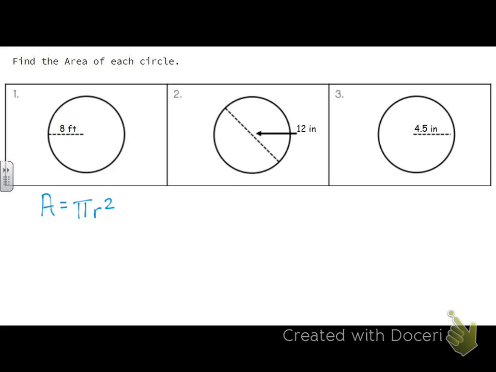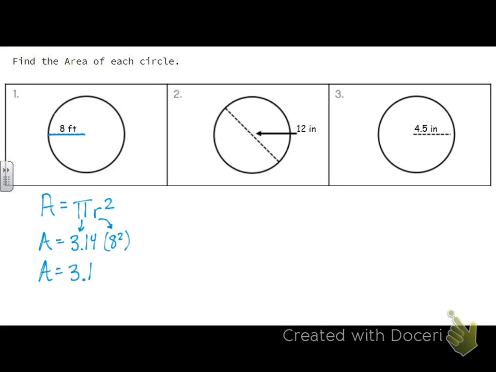So for number 1, they gave me the radius, because it's from the center of the circle to the outer edge. So I'm looking for area. So area equals, we're going to substitute in 3.14 for pi. I'll draw you a little arrow. And then my radius squared is going to be, I don't know, 8 squared. So area equals